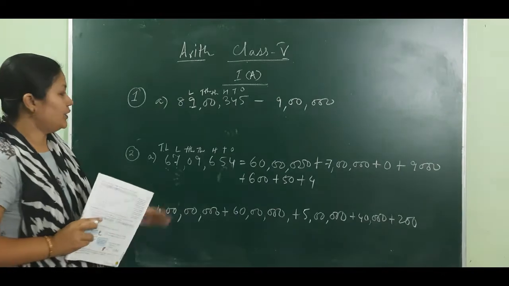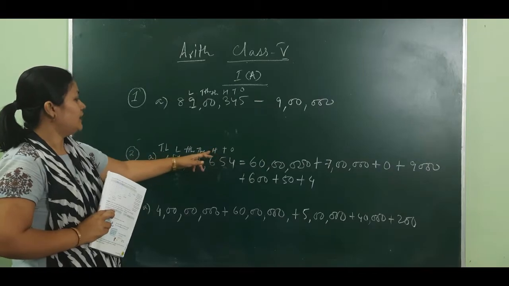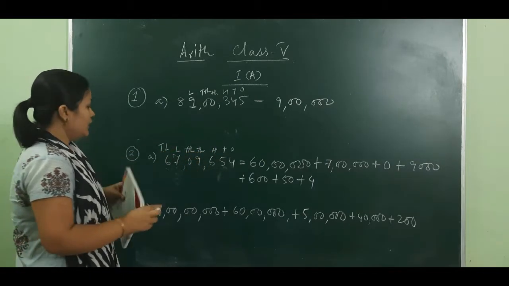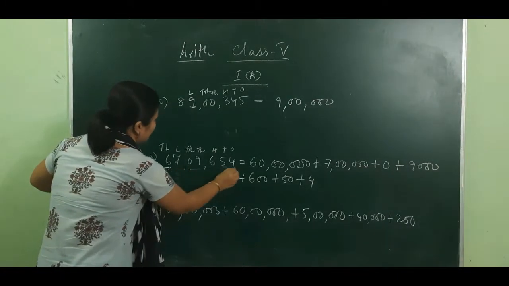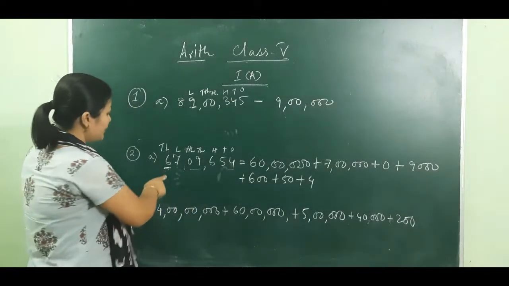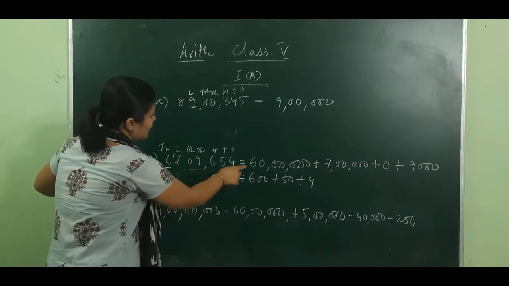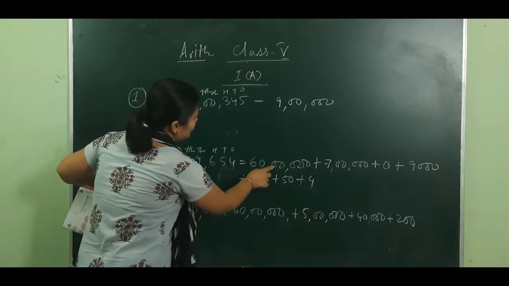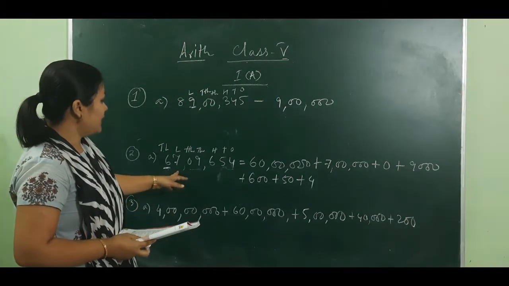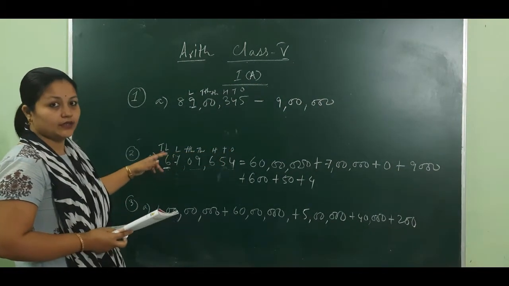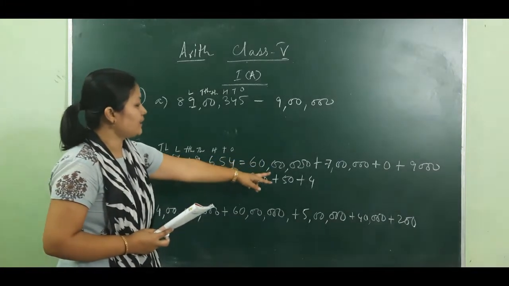Or we can do it another way, if you feel lazy to count all this for ones, 10, 100, 1000, 10,000. You will see this first number, and for the remaining places you can put 0. Here the first is in the 10 lakhs place, so here also 0, 1, 2, 3, 4, 5, 6. So 6 zeros will be there. Here you can see 1, 2, 3, 4, 5, 6, 6 zeros. This is another way you can find it easily, or you can count like this and find out. So this is the number we are writing in the expanded form.